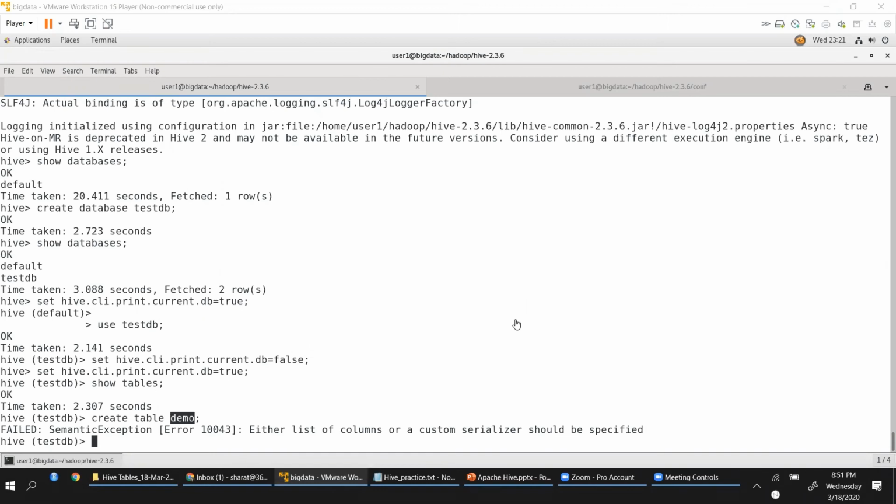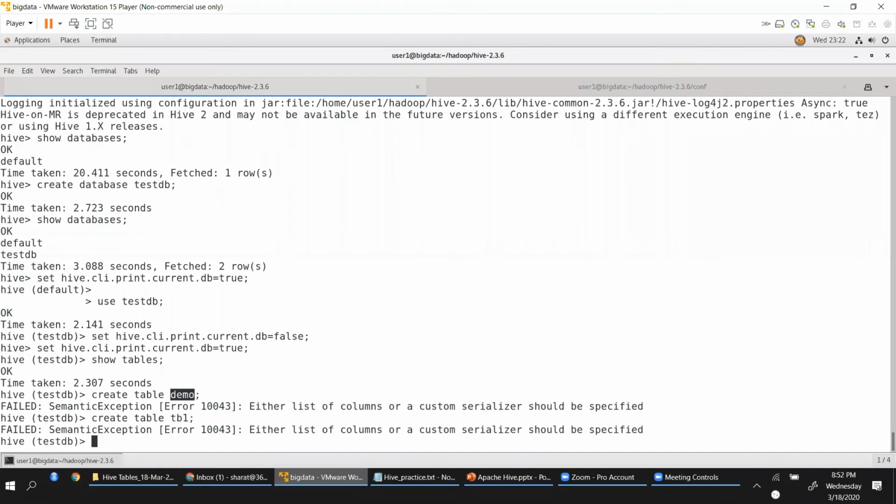Or rather than demo, let me say TB1, table 1. I get the same error. Why? Exactly. We have not mentioned any structure to the table.